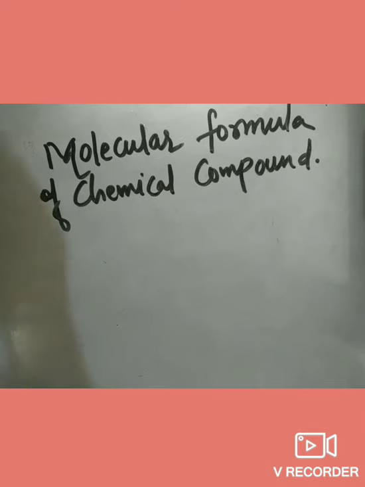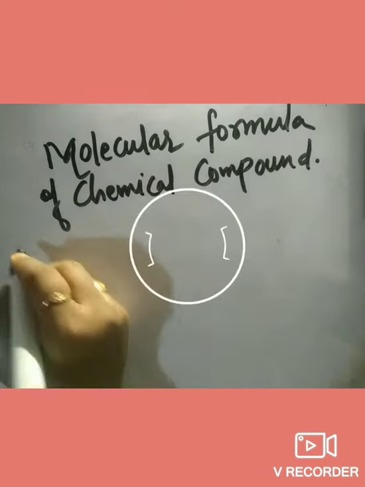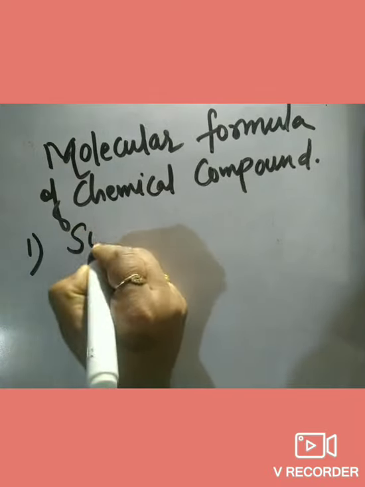Let's start. Students, in your textbook, the list of positive and negative ions has been given to you, the number of positive or negative charges an ion carries. You can refer to that page and play this game, and in this game you will learn how to write the molecular formula of a chemical compound. So I have to write the chemical formula of sodium chloride.